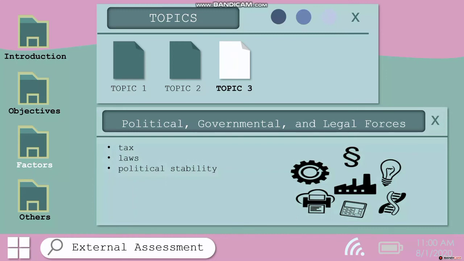They can also affect businesses by increasing value-added tax on products or business rates. They can bring in new laws like the national minimum wage, which impacts on profits and employment rights. Governments can also introduce new health and safety legislation, meaning that a business has to change the way it works.